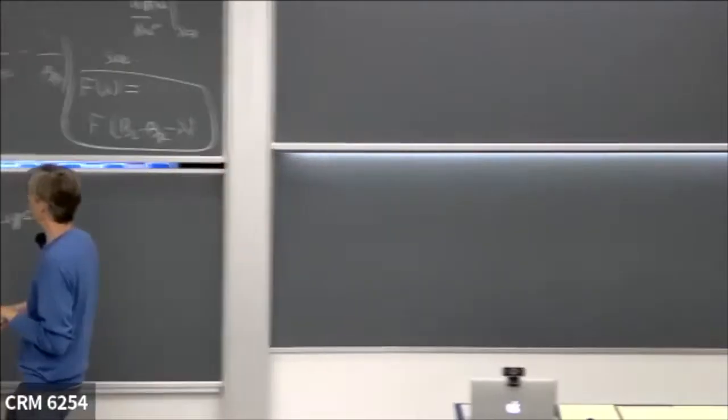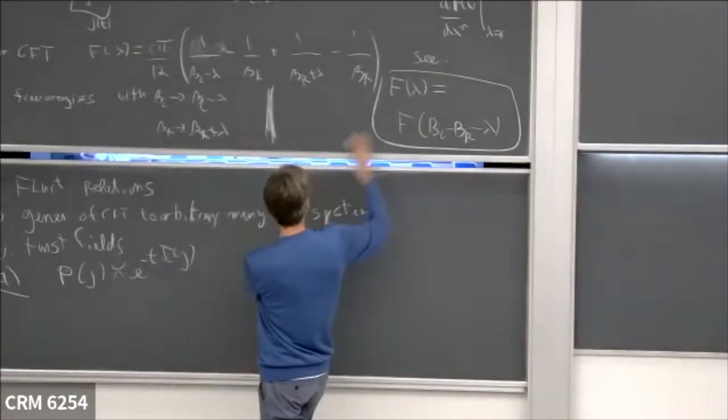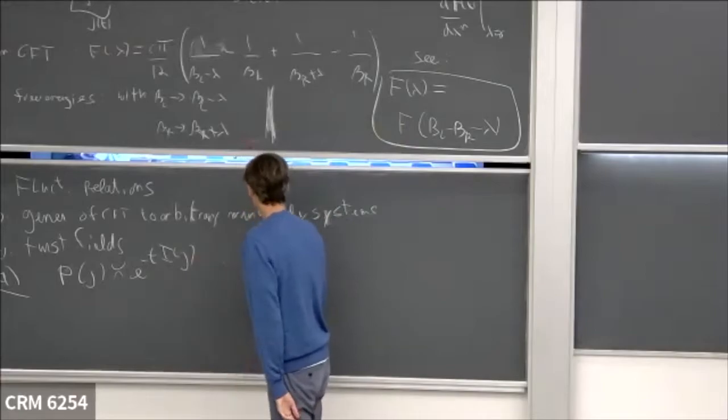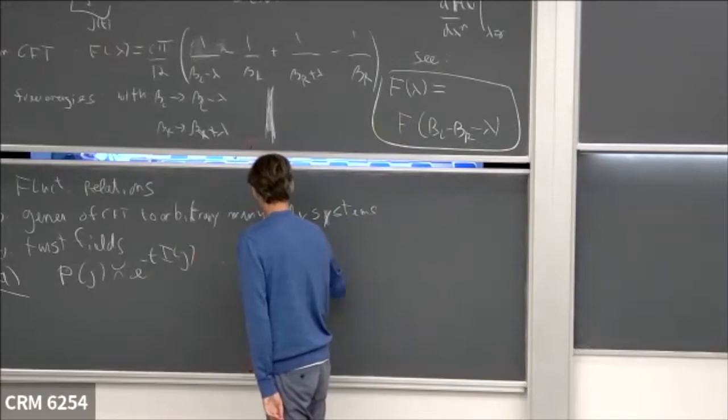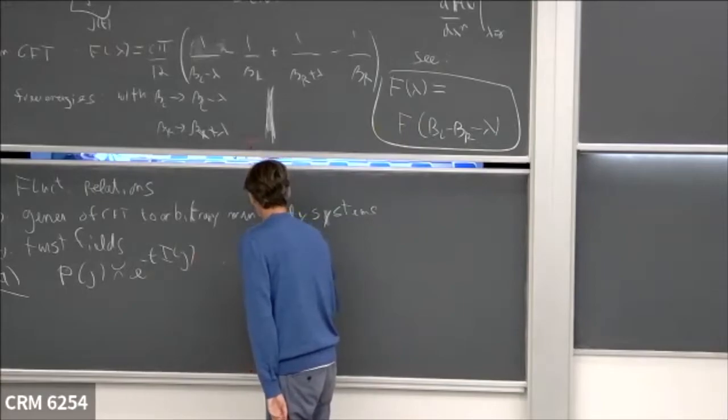So what this relation means, if you do the map, is that the ratio of the probability for a certain current over the probability for the negative of the current